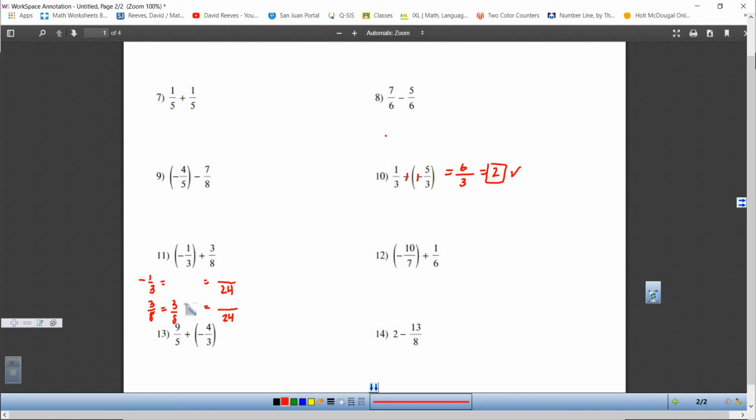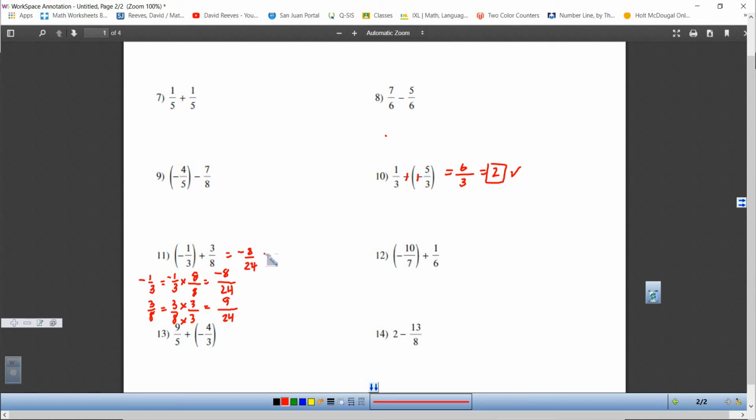We say we have 3/8. What do I have to multiply 8 by to get 24? 3. So I multiply the top and the bottom by 3. Whatever you do to the denominator, you must do to the numerator. And I get 9/24. All right. This one I have -1/3. What do I have to multiply 3 by to get 24? I have to multiply by 8, and I get -8/24. So this problem, -1/3 plus 3/8, has now changed into the problem